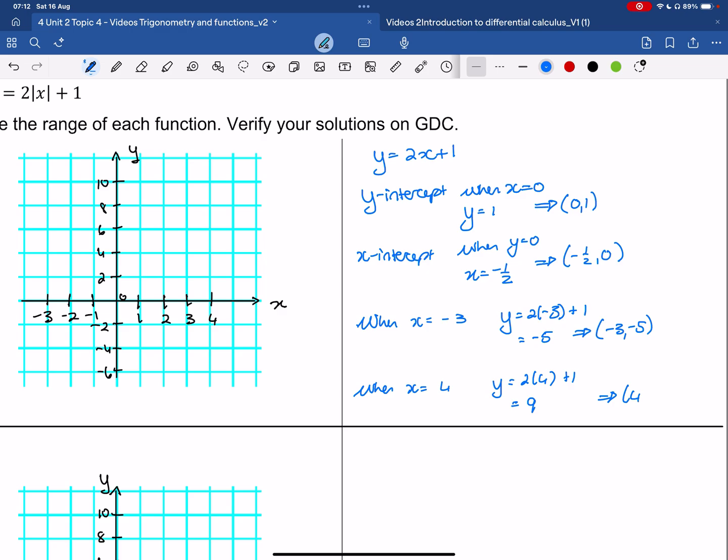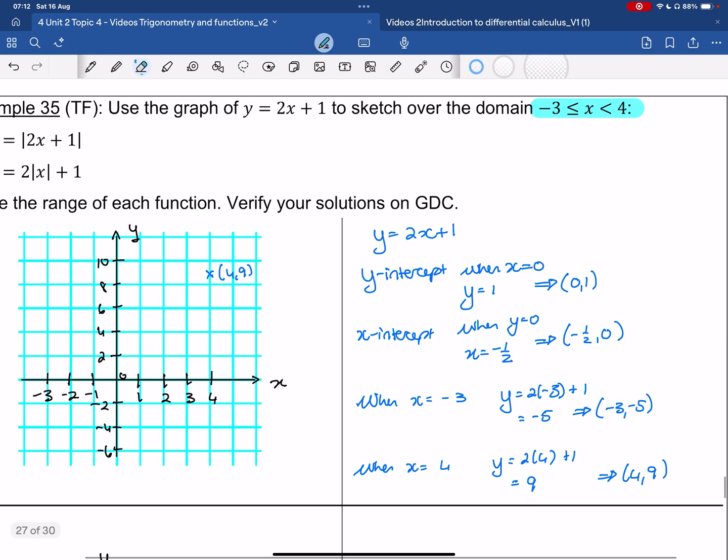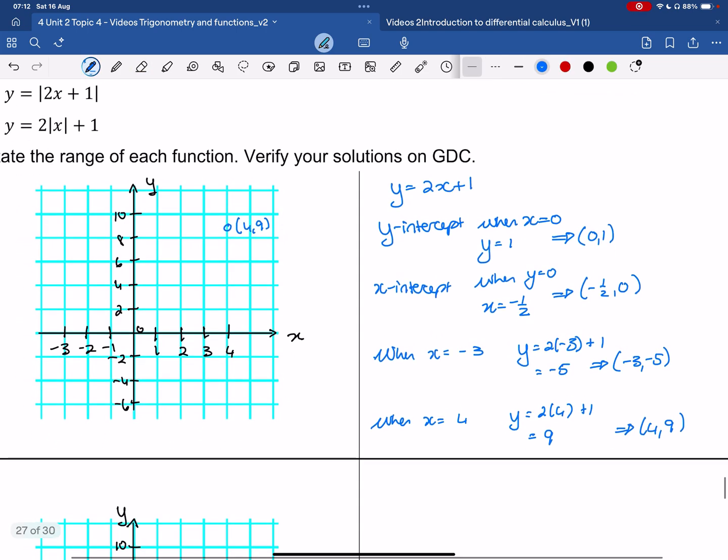Okay, so I have got my endpoints of my domain at (4, 9), and 4 was not included, so I'm going to have an uncolored circle there, and at (-3, -5), that will be a colored in circle,